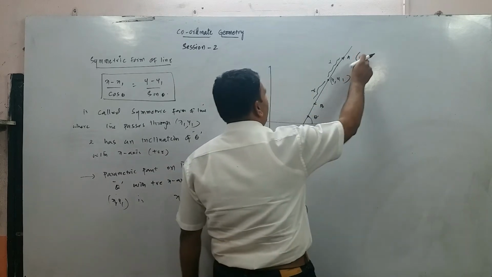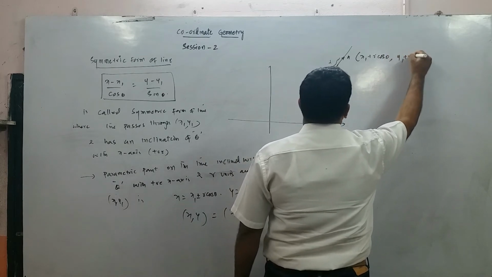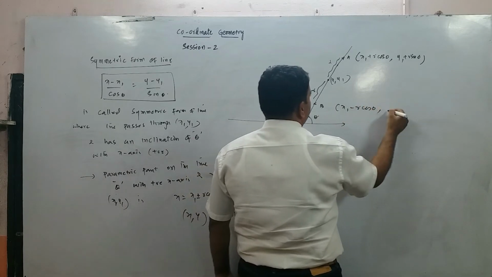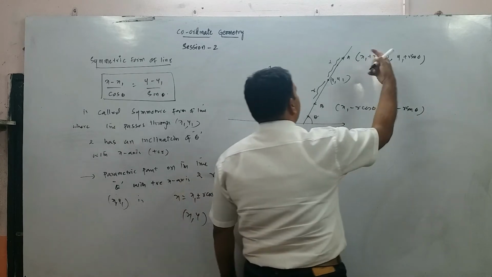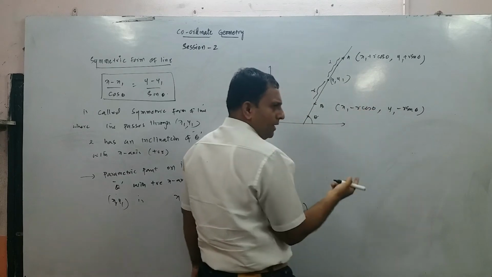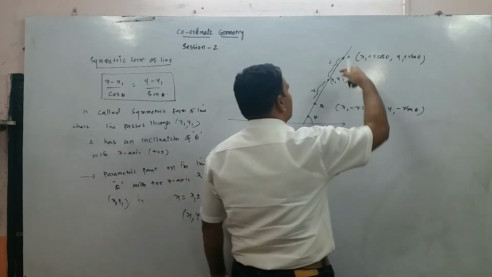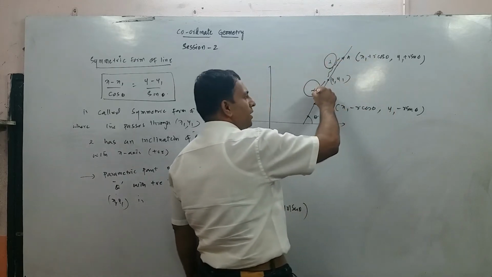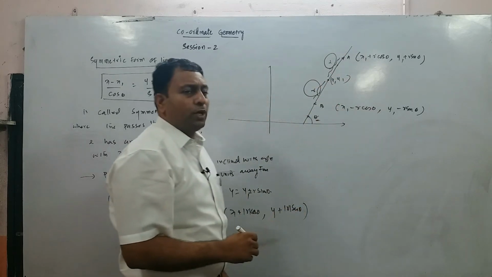For instance, this point A will be x1 plus r cos theta comma y1 plus r sin theta, and x1 minus r cos theta comma y1 minus r sin theta. If x1 minus r cos theta is point A, then x1 plus r cos theta will be point B, and vice versa. Together it will be plus or minus, and we do not know which is plus and which is minus. One I am writing plus and one I am writing minus. One is above and one is below. What is important is the distance is r units, and second thing is it is lying on the line which is inclined at an angle theta with positive x-axis.